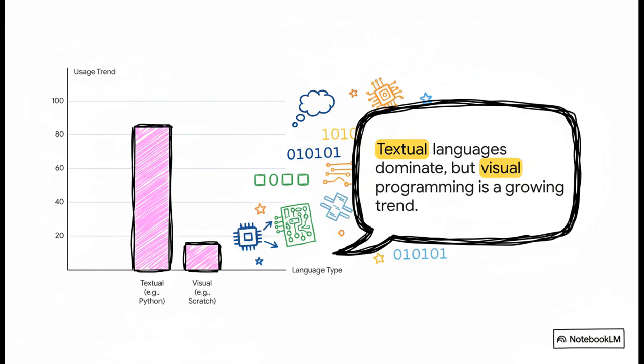Yeah, for sure, traditional text-based languages like Python are still king. But there's this whole other world of visual languages that's growing like crazy. We're talking about tools like Scratch or Blockly, where you can build real, working programs just by snapping together colorful blocks, kind of like digital Legos. It's making coding accessible to way more people, including kids, which is awesome.